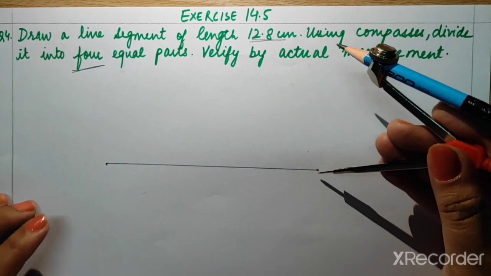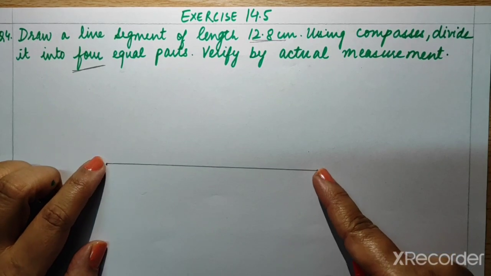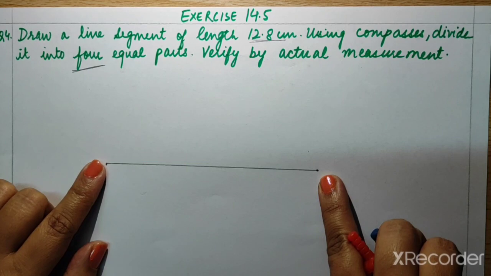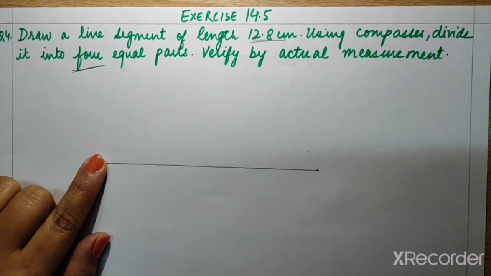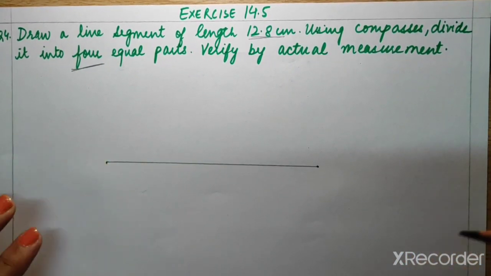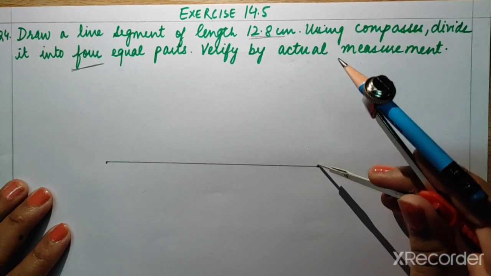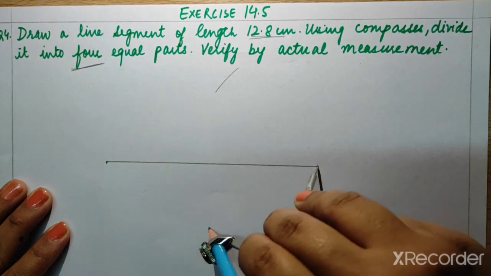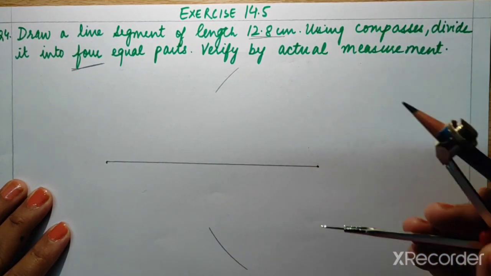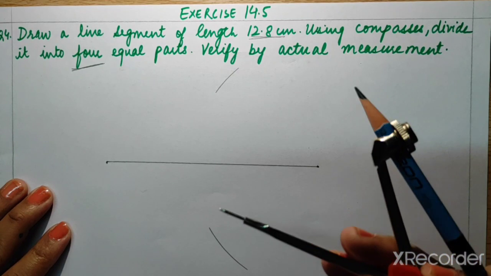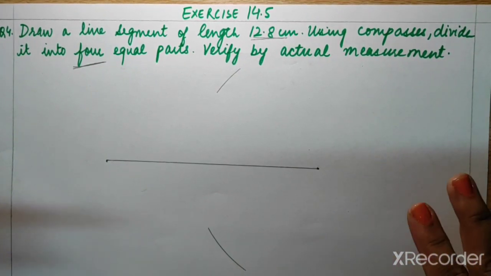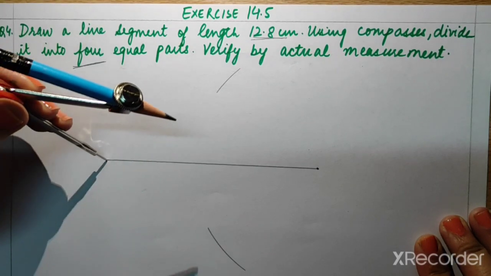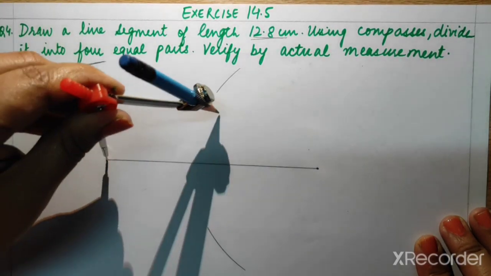These are the 2 endpoints, because this is the full length which you need to divide into 2 equal parts. So you have to take the starting point and the ending point of that length. Just try to draw the 2 arcs, one from one end point and then from the other end point, above the line and below the line, and check, I have not changed the length of my compass. The length of my compass is exactly the same. This is the main point, not to change the length of the compass.